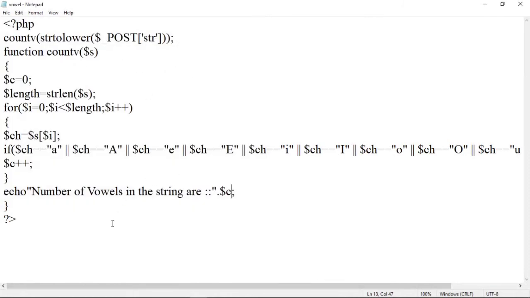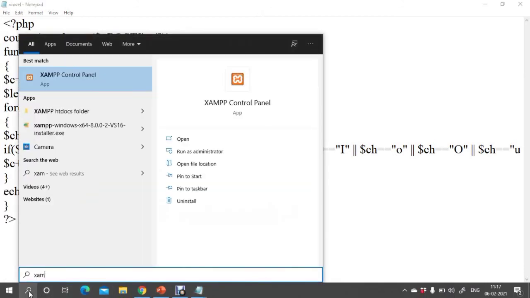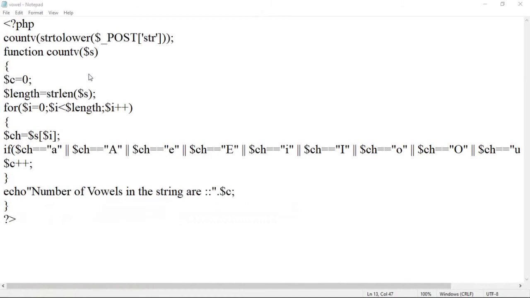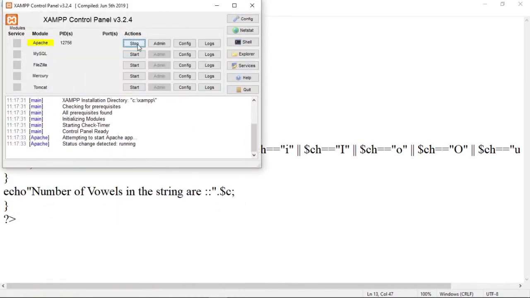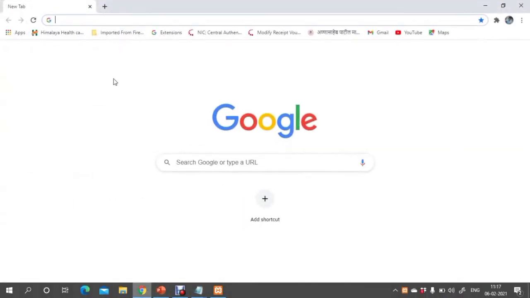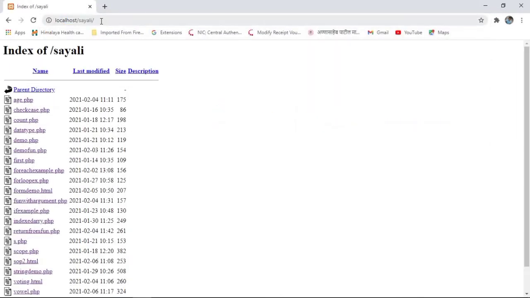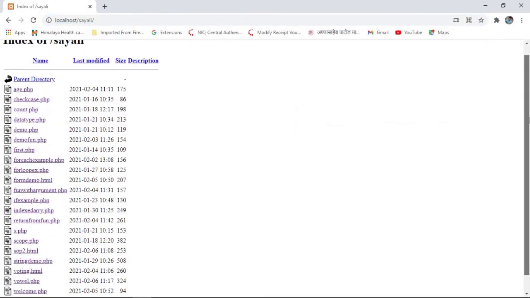Now to run this program, first of all we have to open the XAMPP control panel. From that, start Apache server, check the status, it is running. Now let us open any browser and type here localhost. So you will get a link of your project location folder. These are the different files that we have created.